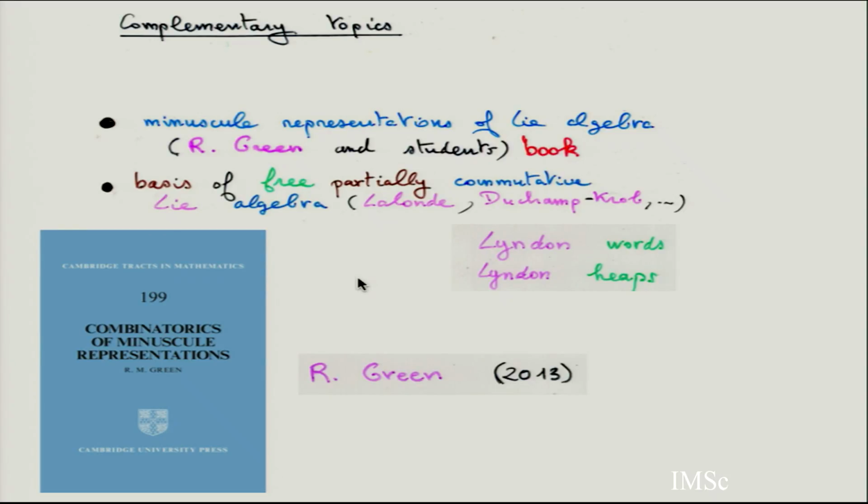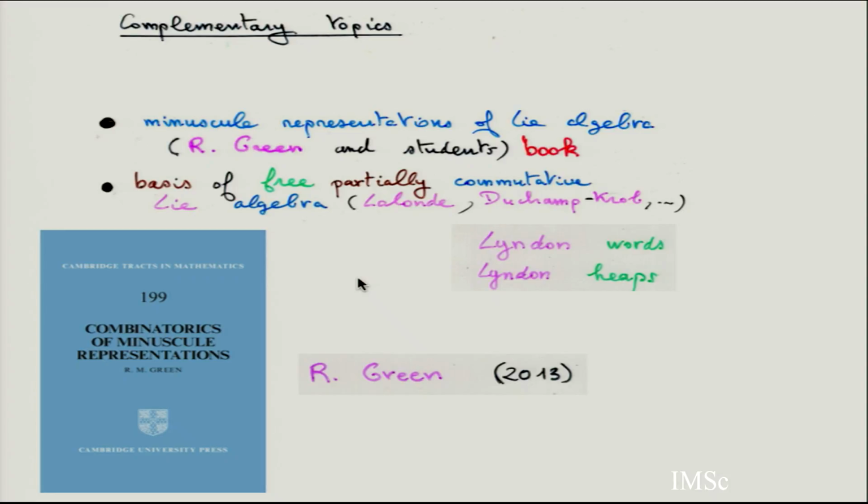But in terms of words, a Lyndon word is a primitive word, which means all its conjugates are different. It's not the power of another word. And a Lyndon word is the minimum for the lexicographic order in its conjugation class. So you can extend conjugation to heaps, meaning that you have two heaps, and you take one heap and you put UV and VU.